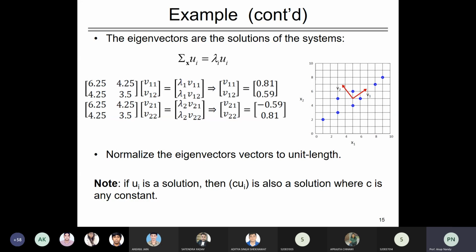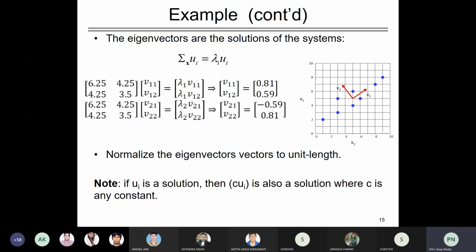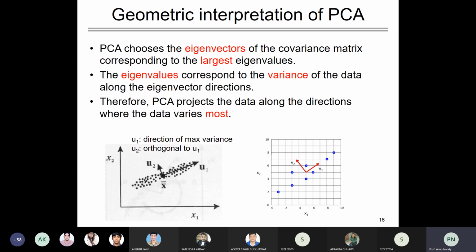So here also you have x1 and x2, and you have to find how many data points there are. You have 1, 2, 3, 4, 5, 6, 7, 8. You see, 1, 2, 3, 4, 5, 6, 7, 8, where x1 and x2 are the two columns. X1 is one dimension, x2 is another dimension. So you just plot it, and then you can find the eigenvectors v1 and v2 in these directions.